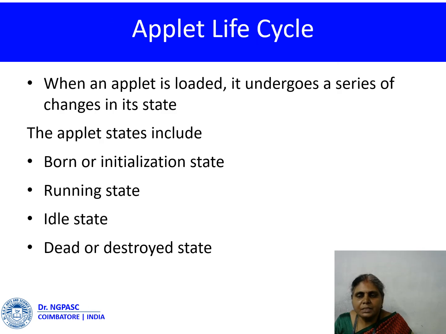Next, the applet life cycle. The applet life cycle is a very simple life cycle. The born state with the help of an init method. From the init method, we can do initialization. After that, you can start the applet using a start method. Once the start method is specified, it changes its state from initialization state to running state. While it is running, it is possible for you to stop at any time so that it will move to an idle state. From idle state or running state, it is possible for you to make the applet become dead or destroyed.